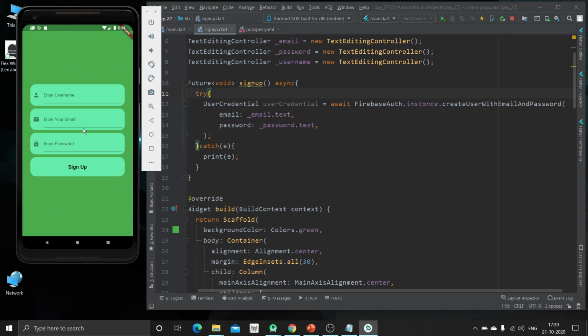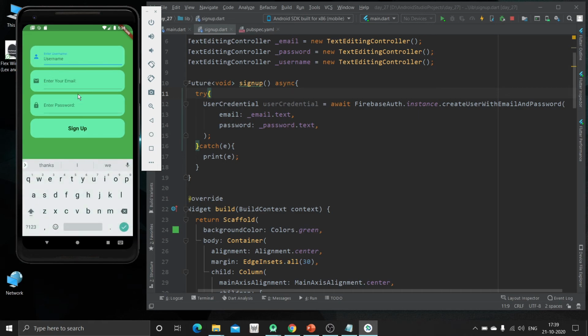Now here is our sign up page. The user has to insert the username, that is Snehal, and specify some email. It is not necessary that it be this type of email address; it can be any email address.